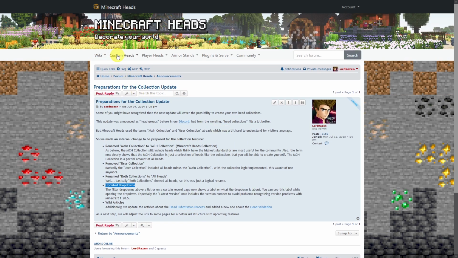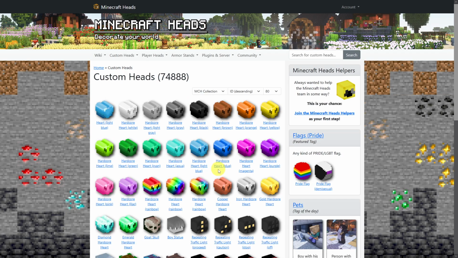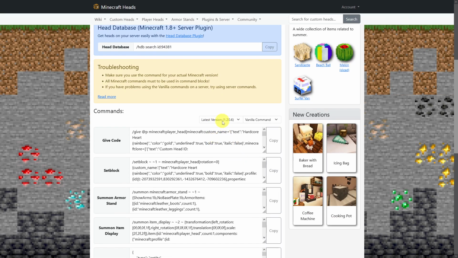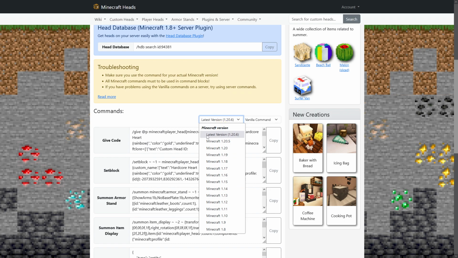So what do we mean with this? If you go here, you see we now have this label telling you what exactly you are sorting or changing. Same here, sort by, or here, heads shown. But the most important place where we use this is here. Within the latest version, you now also see the version number of the latest supported version.